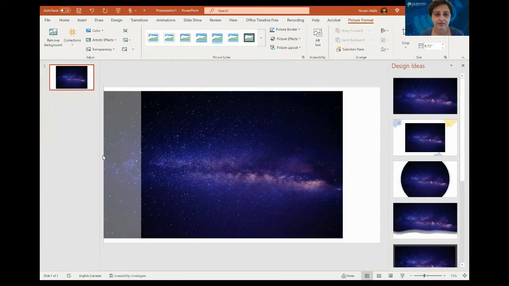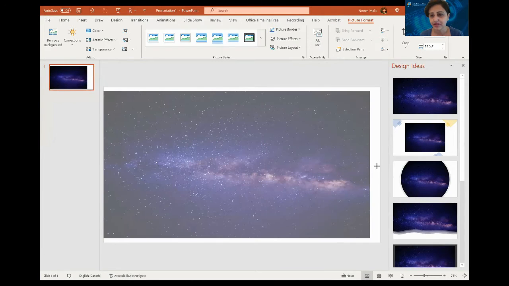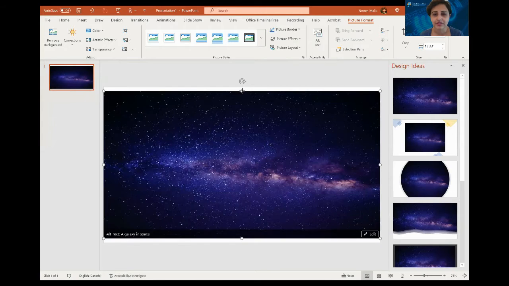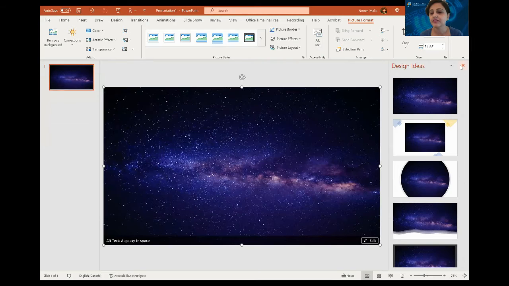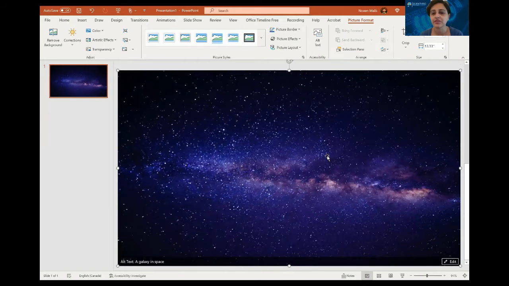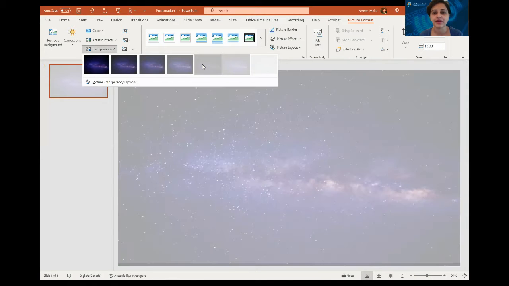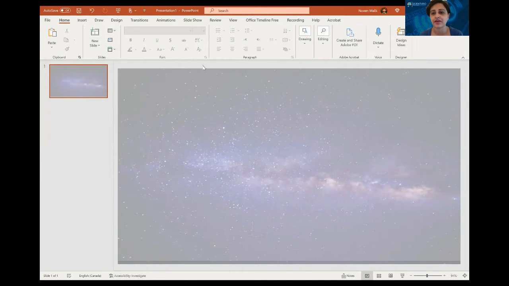I will make it a little bit bigger, so that it fills the size of my slide. You see, now what I will do, I will select this picture. I will go to the picture format. Sorry, I will go to the transparency and I will make it lighter. You see, even I would like to make it a little darker. So now this is my background. I can use it as the background of my slides. It will come in all my slides, you see.